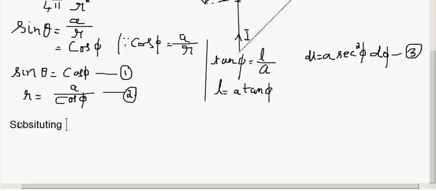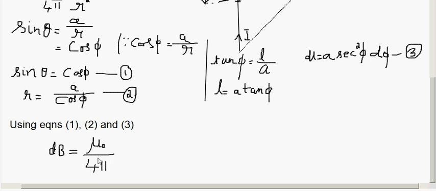Substituting, or using, equations 1, 2 and 3, now we can write dB equal to mu naught by 4 pi, I, and we have I dl. dl is this, A secant square phi d phi,